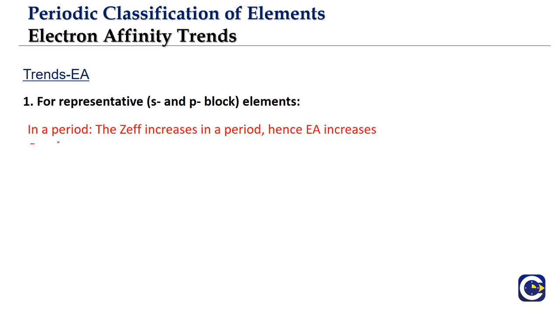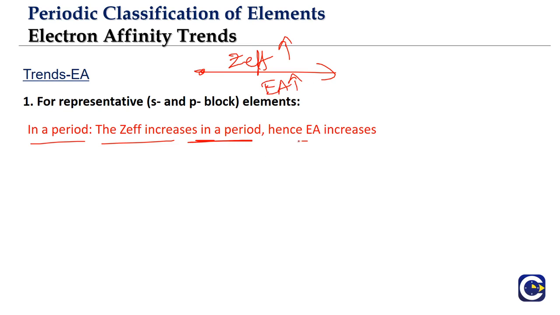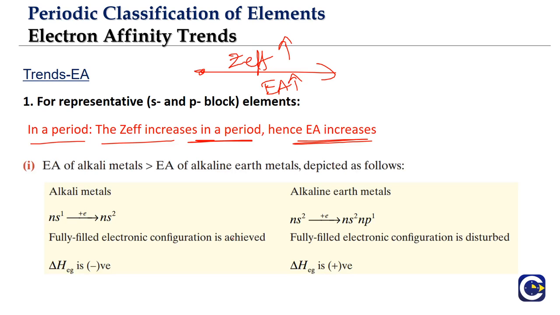Now in a period, what happens? We are not adding any more shells, but when we move from left to right in a period, the Z effective will be increasing. Increase of effective nuclear charge means the incoming electron will be attracted more strongly by the nucleus, so more energy will be released. So in a period, Z effective increases and as a result, electron affinity also increases when you move from left to right. Normally it will be increasing, but